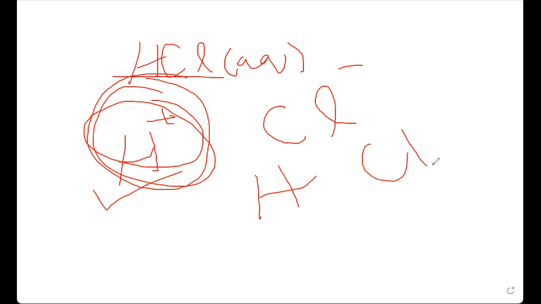So you can see HCl is giving you a proton. HCl is giving you H plus ion. H plus ion is a proton. That's why HCl is called an acid. All the acids can give you a proton. I mean, all the acids can give you H plus ion when you are dissolving them into water. You can select any acid.